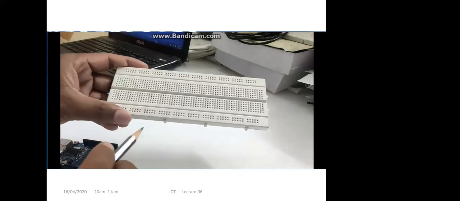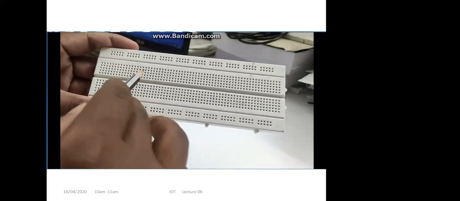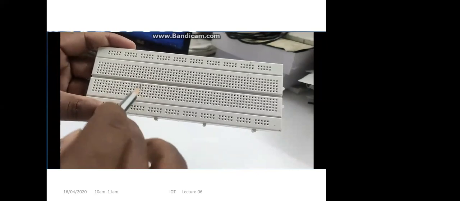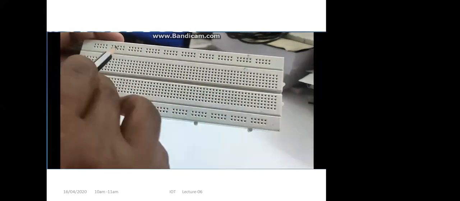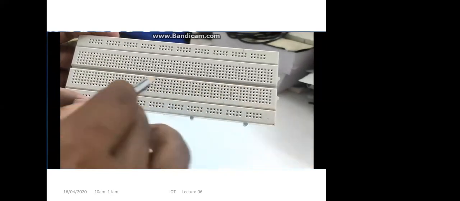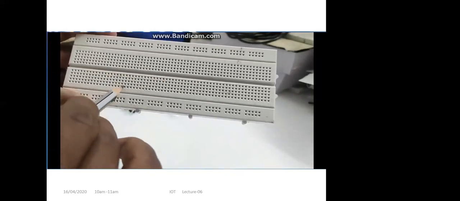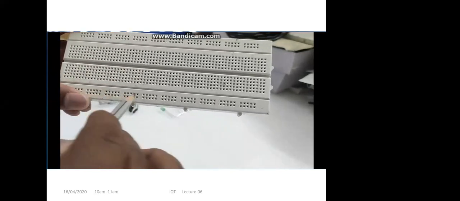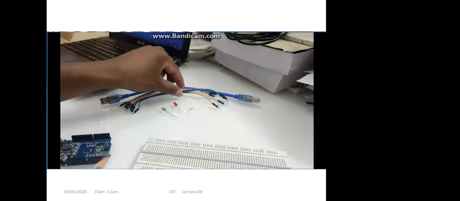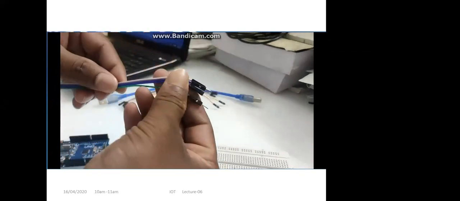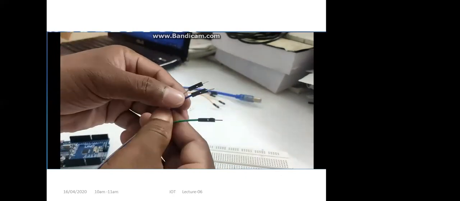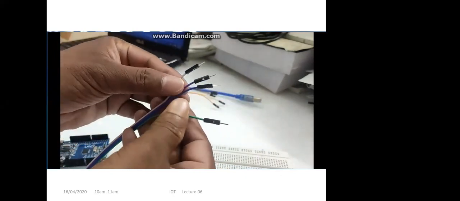Then the breadboard, and you need to know the breadboard layout. Column wise they are connected, and row wise the above things are connected. These are column wise, and here insulation is there. So you need to be sure about the breadboard layout, column wise and row wise, and 4 jumpers we need, 3 for LED positives and 1 for LED negative, which is common.